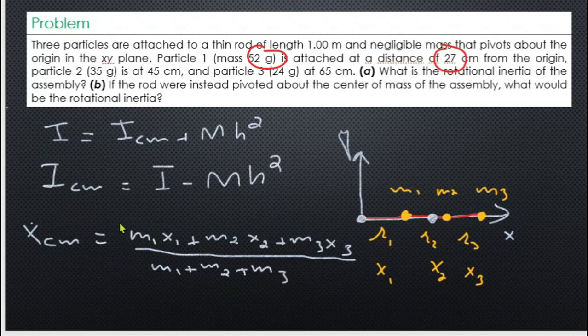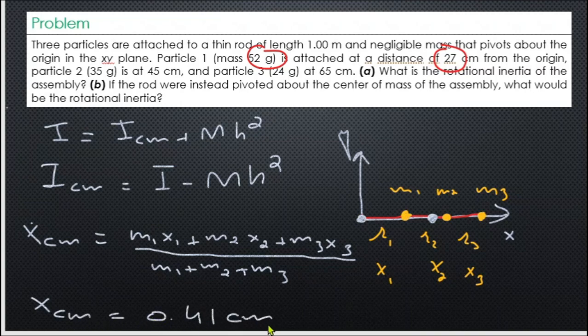We know the value of the first mass, which is 52 gram, and its position from the origin, which is 27 centimeters. Similarly, the second object has mass m2, which is 35 gram, and its position from the origin is 45 centimeter. For the third particle, the mass is 24 gram and its position is 65 centimeter from the origin. Now if I substitute these values, the position of center of mass would come out to be